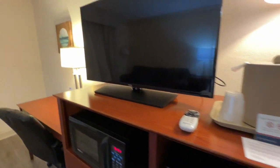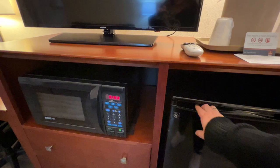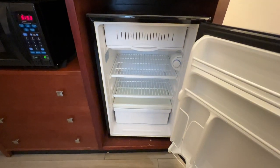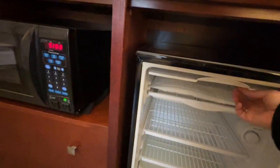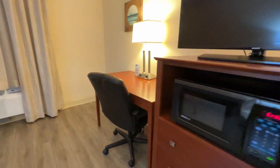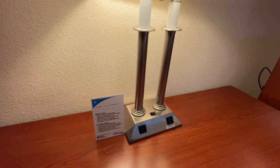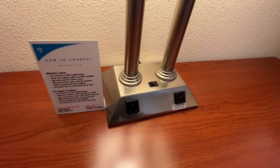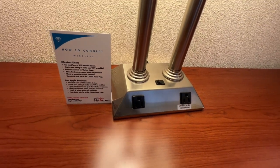We have a nice TV, a little microwave. That's nice. It looks like a big old fridge. Big old fridge, even with a little drawer. That's nice. And a little bit of a freezer. Tiny little freezer. Drawers, typical. Nice desk. Okay, over the desk. Again, no USB. That's definitely a ding. 2 outlets, that helps. And here is the